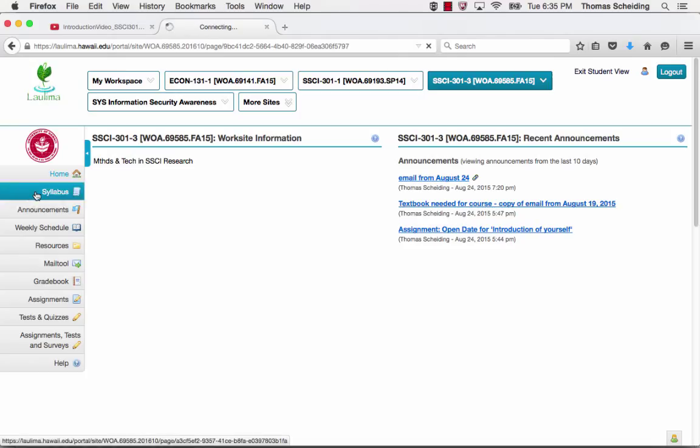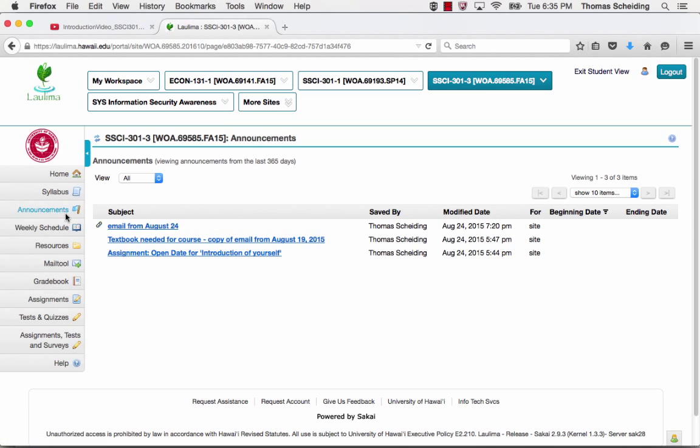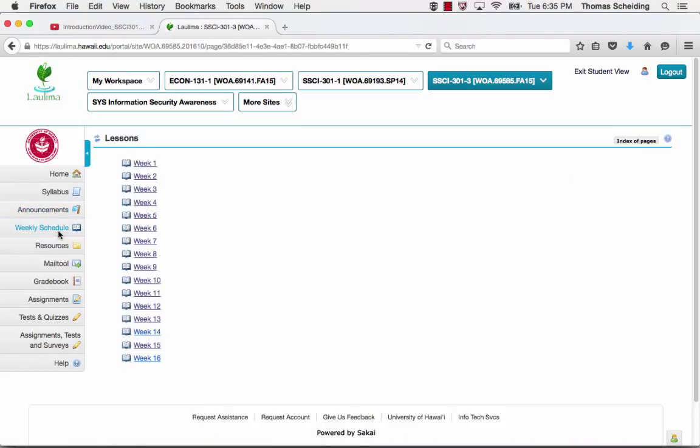So we've got the syllabus here, and I put both the syllabus and the course schedule here. Again, these are your two primary documents. The announcements, again, will be what I'm kind of replacing my email with. But then here's what I'm doing here for the weekly schedule,